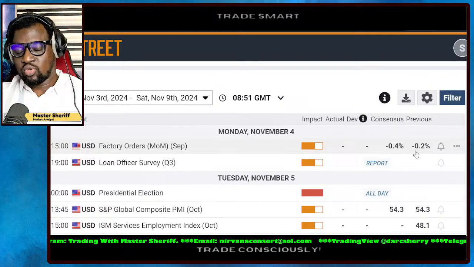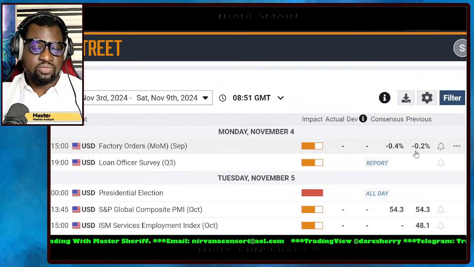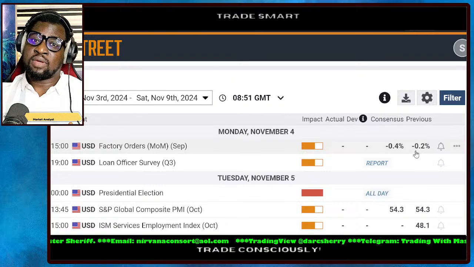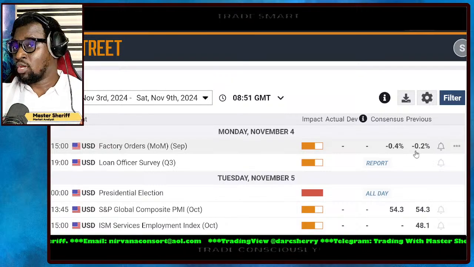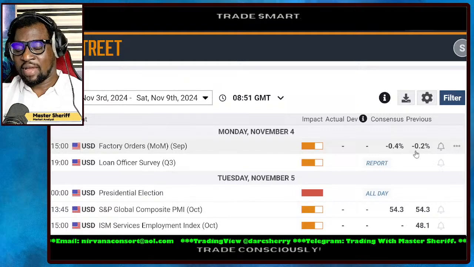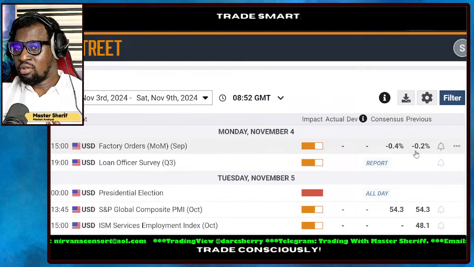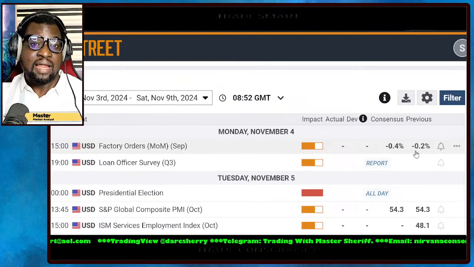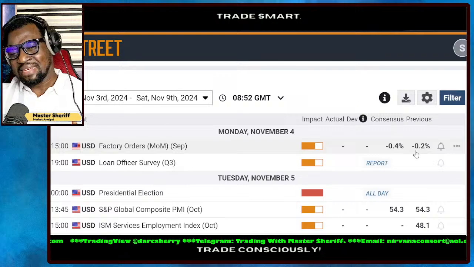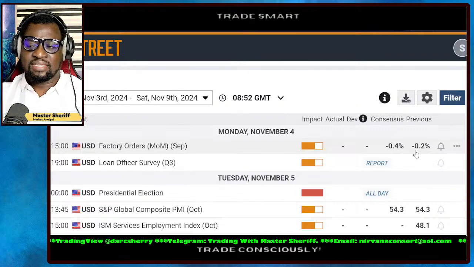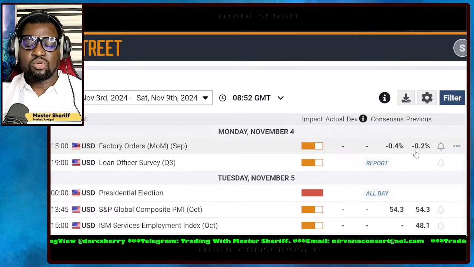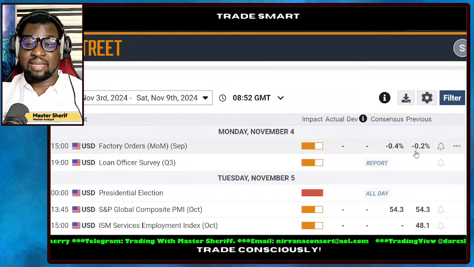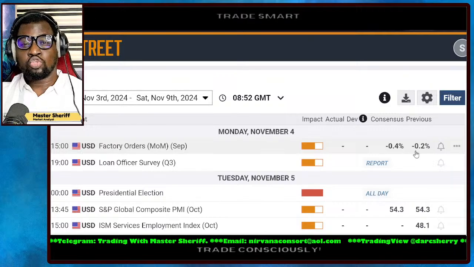However, we need to also take into account the U.S. presidential election. Though the result will be coming up tomorrow, the election has been ongoing for about a week now, I think. And from all ramifications and from all reports we're seeing, it appears that Kamala Harris is leading by about a percentage point. So it's a very, very tight race,